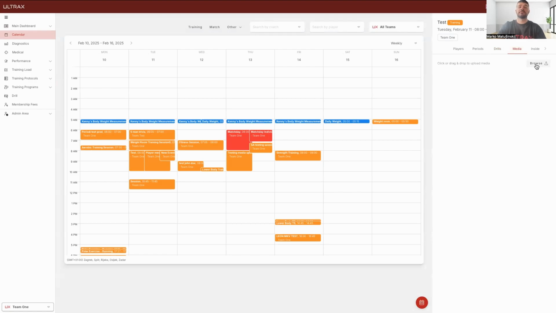You can put your media, so any type of media that you think is important for that event, because we use events for collecting the data from all of the players. And of course, you can connect your third party, like we discussed before. On the view analysis, you can go and check what has been performed on that particular event. What I mean by that is, according to the RPEs, wellness, injuries, GPS data, heart rate data, anything that you collected, you can see on the view analysis part. But let's go more into